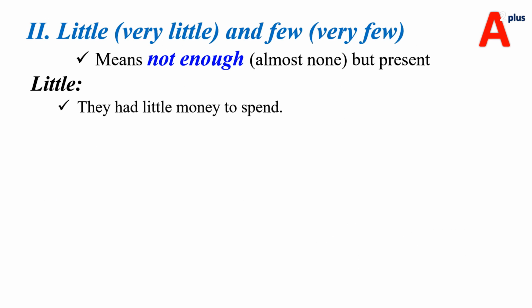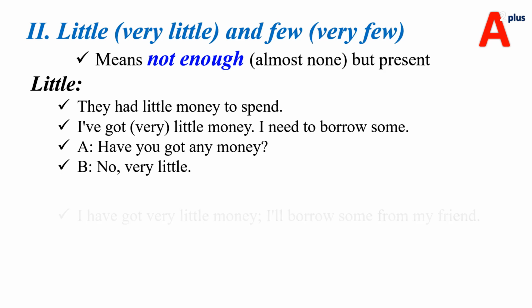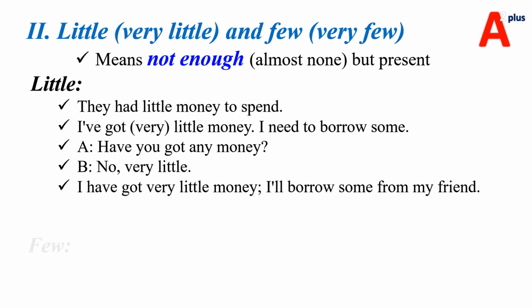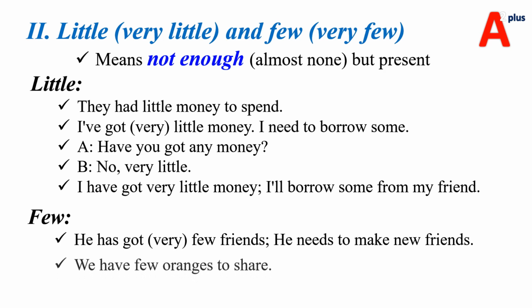A little, very little. ትንሽ በጣም ትንሽ። A few, very few. ሁለቱም ትርጉማቸውም ሲሚላር ነው። So a ካጠፋ ነው very ወይ ምናምን አድካደ ወይ ደግሞ little ወይ few ብቻ ከተጠቀምን without a it means not enough, almost none but present. አለ ግን በቂ አይደለም። Okay ለማለት ከፈለግን ደግሞ without a እንጠቀማለን ማለት ነው።